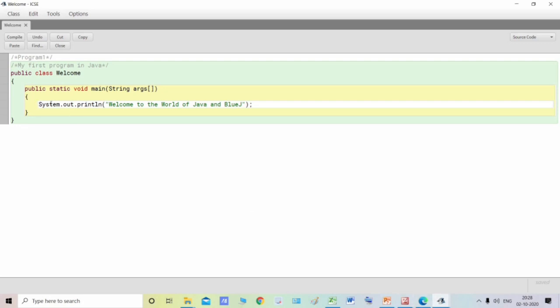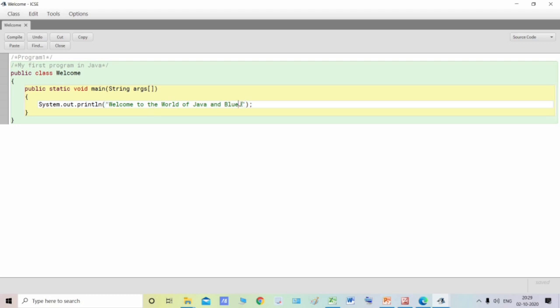Then they have written System. Note that this S is capital and the rest of the letters are in lowercase. System dot out dot. Inside the round brackets, first they have written double quotes and they have ended with double quotes.